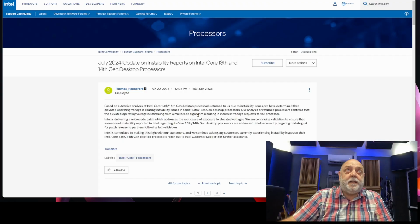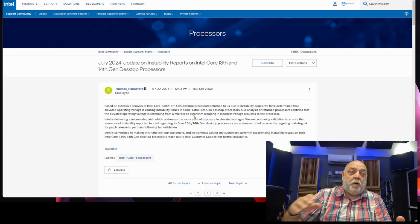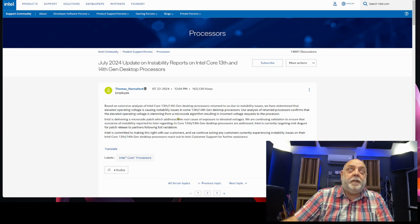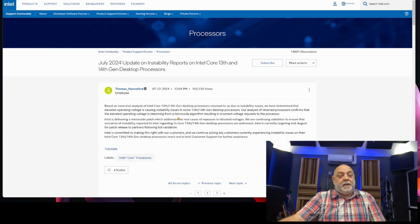Anyhow, it appears that in the last couple of days, Intel have finally established what they think the issue is, and it's to do with some microcode that puts a request to the motherboard for a voltage that is really higher than what the chip needs. So this Thomas Hannaford, who is an employee of Intel, is saying that they're hoping to provide a patch that will prevent the chip from requesting this